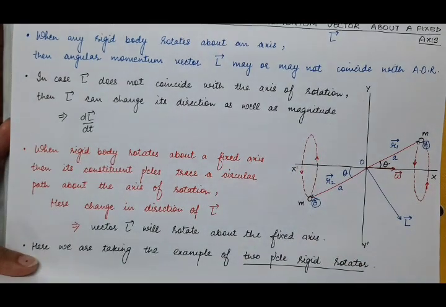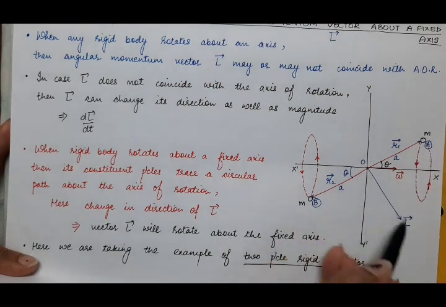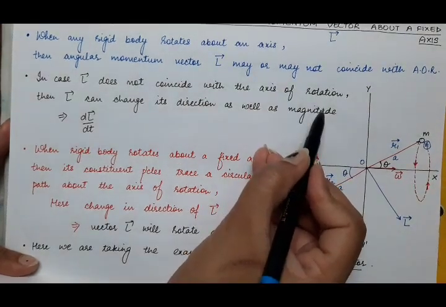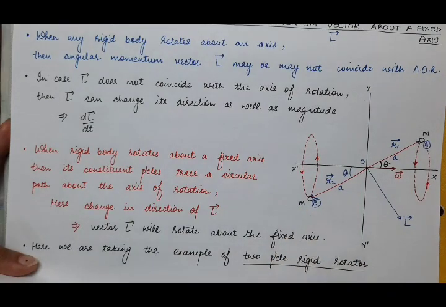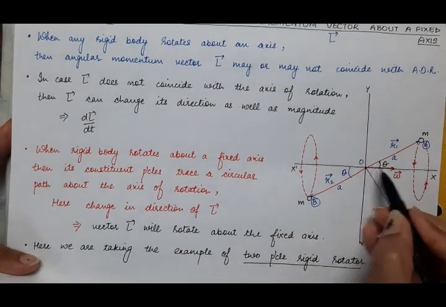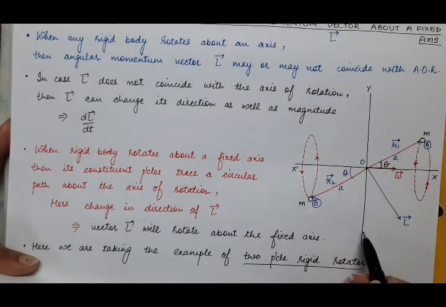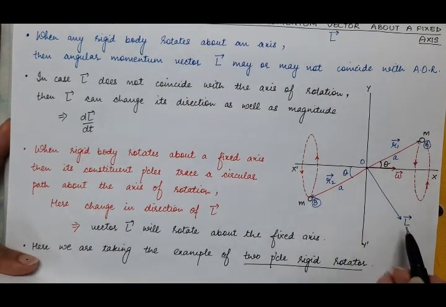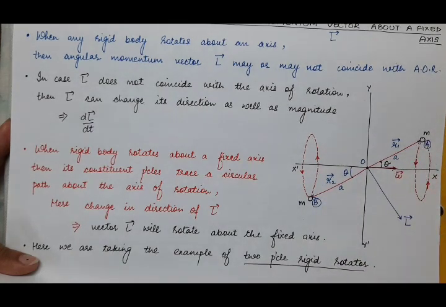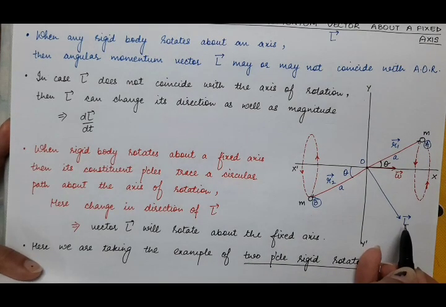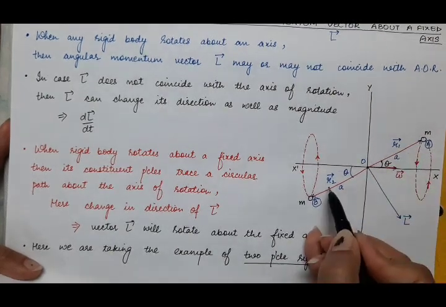Because L vector comes out to be perpendicular to R1 vector and R2 vector, its direction can be this or this. But why have I taken the direction of L vector in the fourth quadrant? Because the coordinates of L vector are positive x coordinate and negative y coordinate. It tells us that at this particular instant, the direction of L vector will be in the fourth quadrant. But it will continuously change. Why? Because this L vector will remain always perpendicular to this R1 vector and R2 vector.